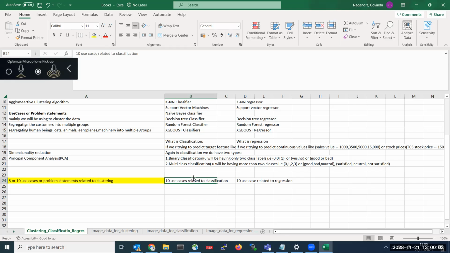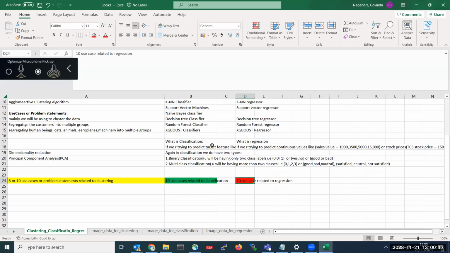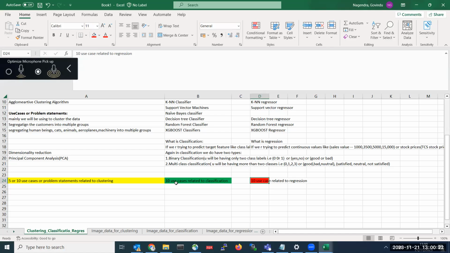All right. So tomorrow's session, you guys should explain clearly what is classification, what is regression. If you are able to complete these questions and provide answers to me, then only I will move on to another question. If not, I won't move on. Everyone should learn what is clustering, what is classification, and what is regression. Everyone should answer this interview question.